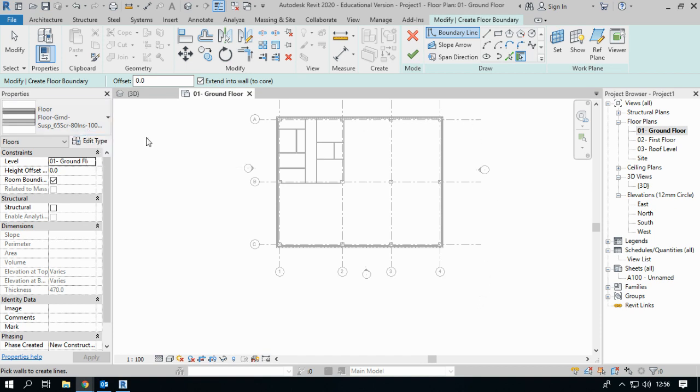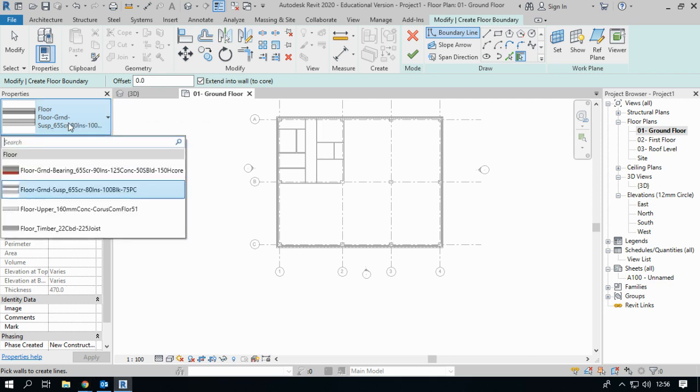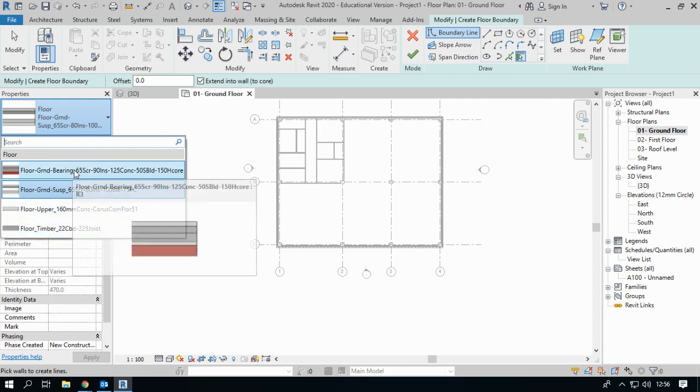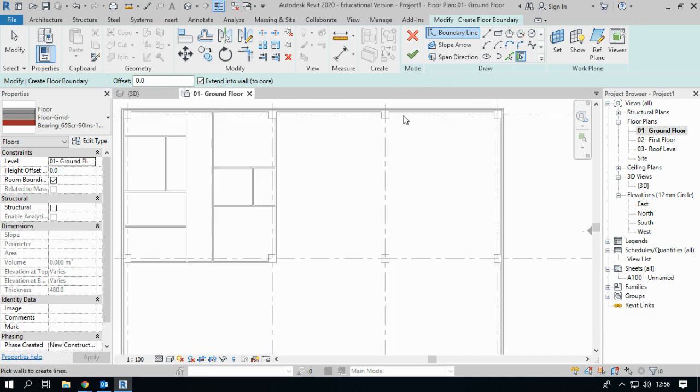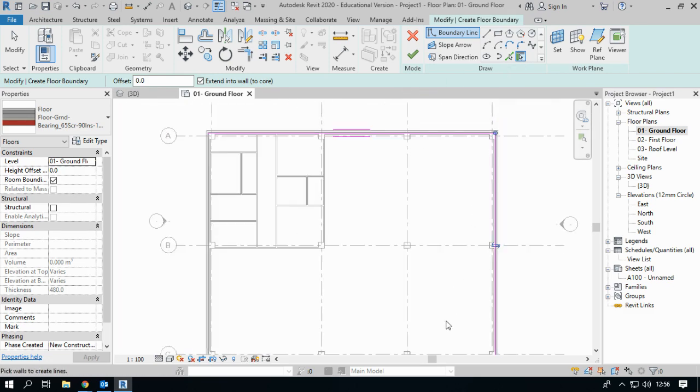Okay, so now we're ready to actually draw our floor. On the Properties panel, if you check the type selector, you've got two internal and two ground floor slabs, as well as two upper floor slabs. Again, these can be edited and you can create your own ones, which is a slightly more detailed tutorial, which we'll do later on. For this one, I'm going to pick the ground bearing floor slab. I'm going to use the Pick Walls tool, and then I'm going to go around all four external walls,